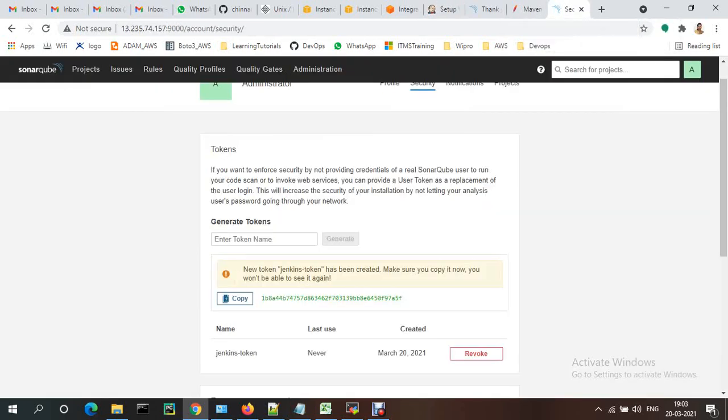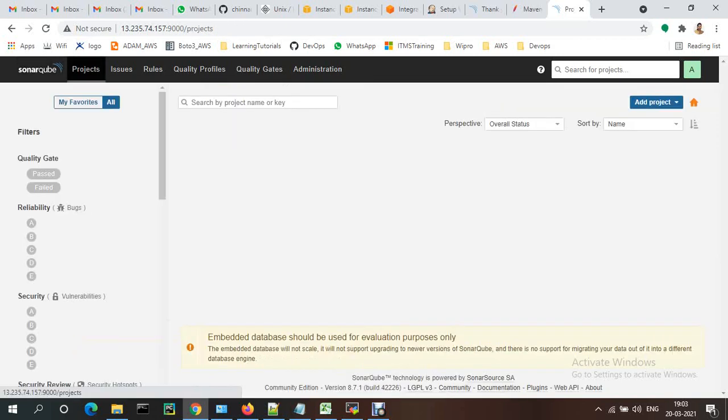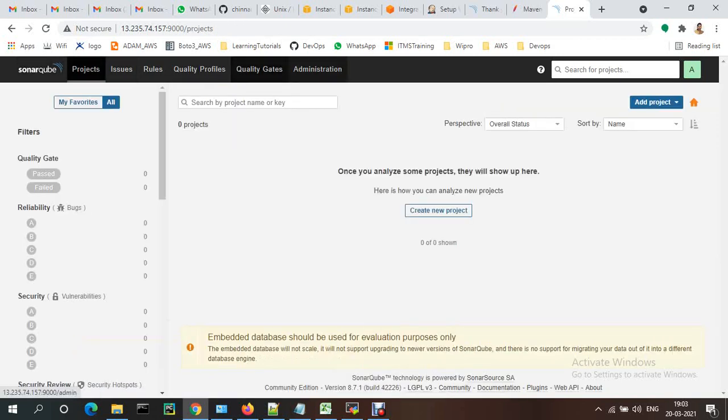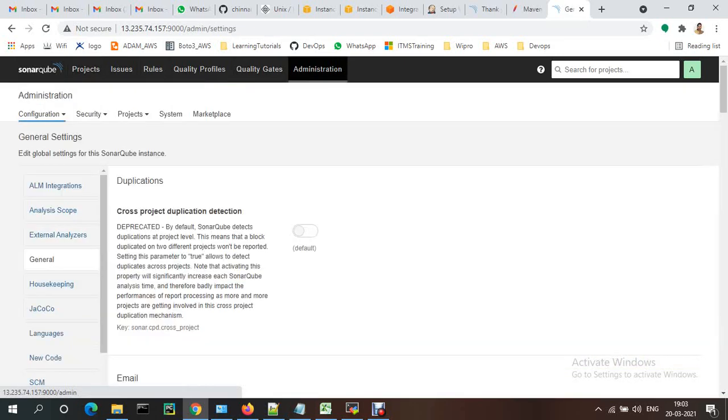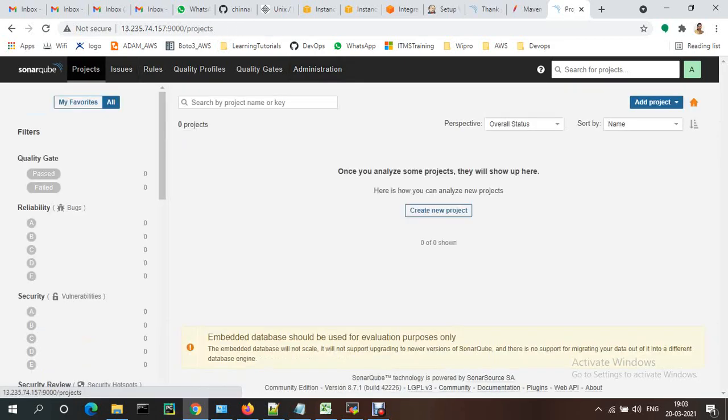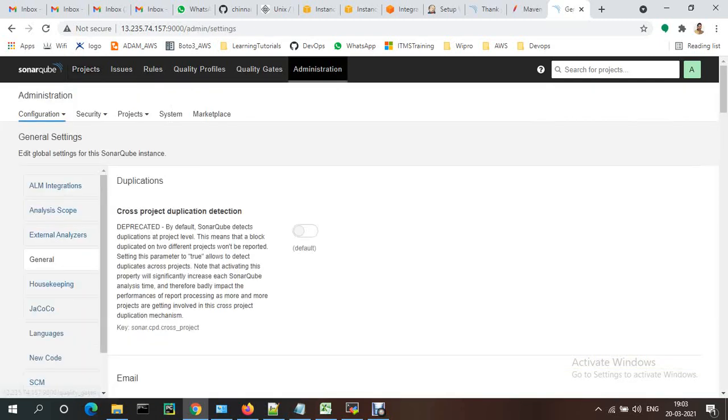Meanwhile, we will generate the token like webhooks, to know whether the build has passed or not in the project. For that one, we just need to create it. I'll show you when we need to use that one. Security, projects, administration, webhooks.